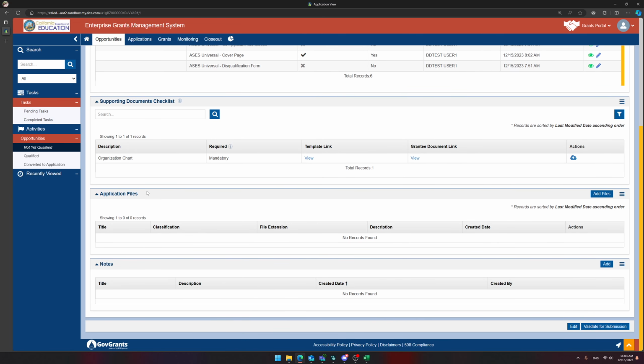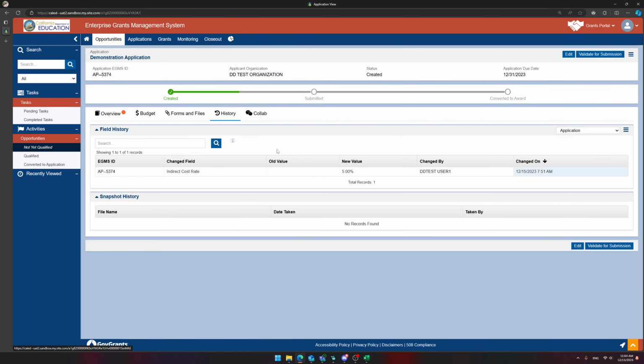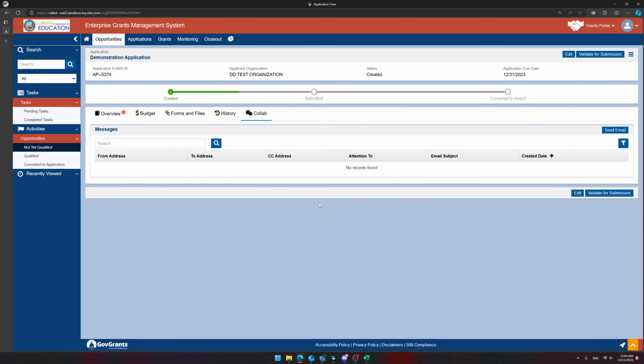From there, I can optionally add files, any additional files that I would like to add to my application. I can also optionally add notes as well. And then we have your typical history and Colab tabs. Grantees don't have access to my feed. And the reason for that is we didn't want grantees to be able to essentially instant message internal users, at least at this point in time.